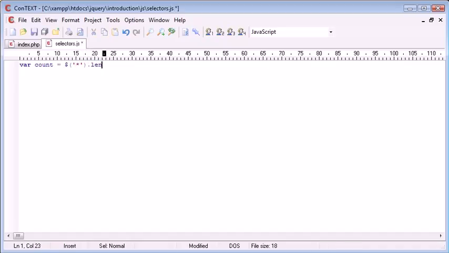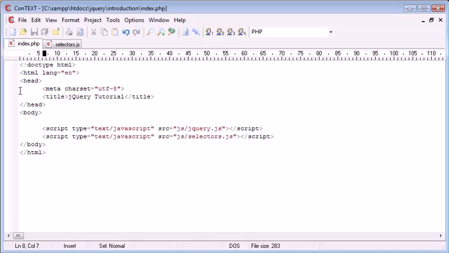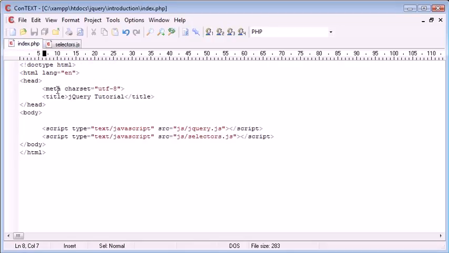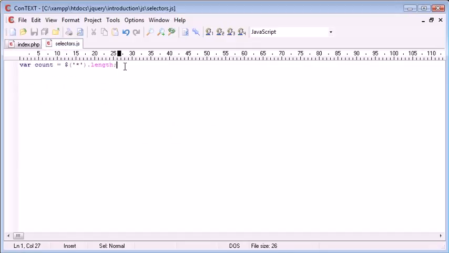So if we go ahead and add dot length onto the end of this, count now contains a number of all of the elements on the page. As you can see, we've got a few elements on the page here. So when we go ahead and alert this out to the user, we should have